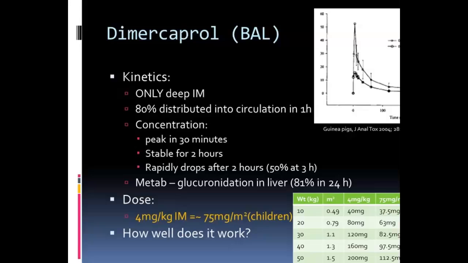But when it gets up to much higher, like adult size, 40, 50, 60, 70 kilos, the 4 per kilo is actually quite a high dose and much higher than the per meter squared dosing. That becomes an issue because adverse effects are dose-related and it has a fairly narrow therapeutic window. So this is important. This is one of those important medications that we take the time when you're dosing it,